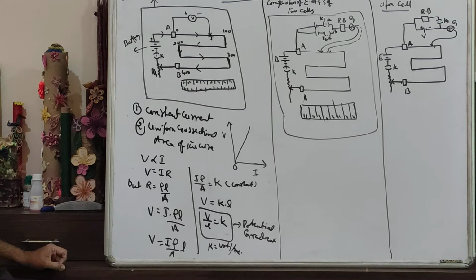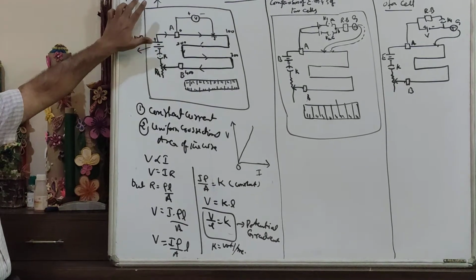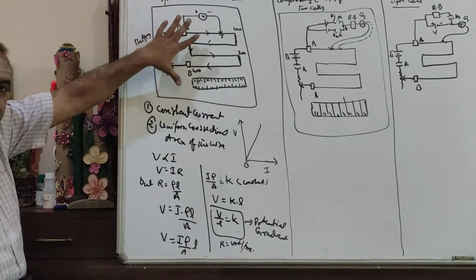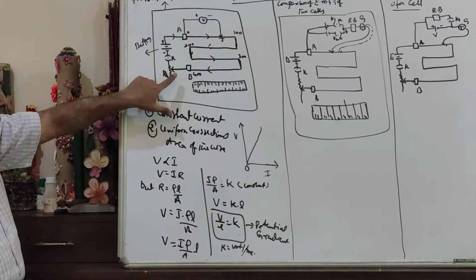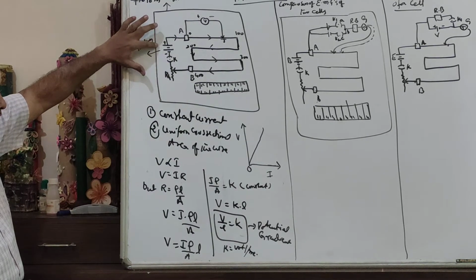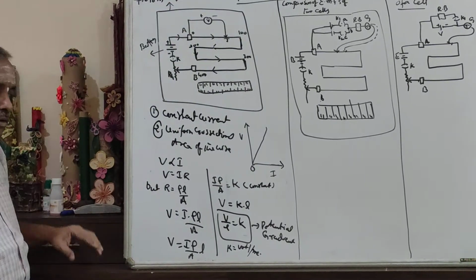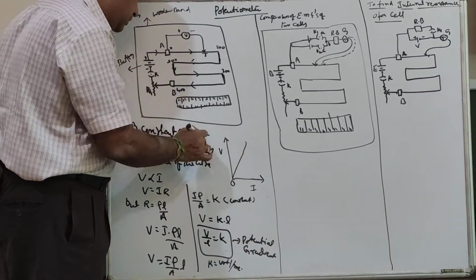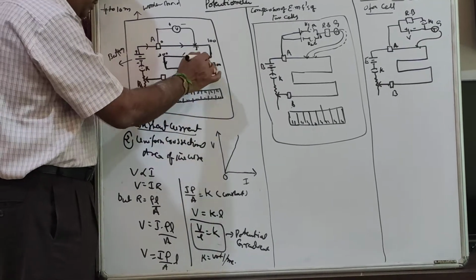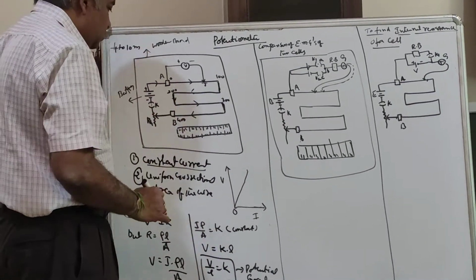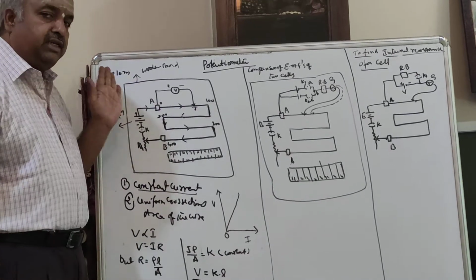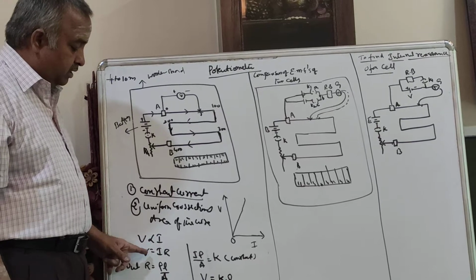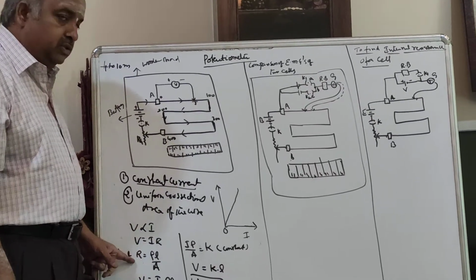So what is the construction of the potentiometer? It consists of a 4 to 10 meters long wire, and the entire apparatus is connected to a wooden board. This is a meter scale, and this is a rheostat, plug key, battery. This is the main source. This is a voltmeter. Now this is the jockey. Throughout the wire, a constant current is flowing. Number two, the wire has a uniform cross-section area. Number three, as long as the current is flowing, there will be a potential drop. So V is proportional to I. According to Ohm's law, V is equal to IR, but R is equal to rho L by A.